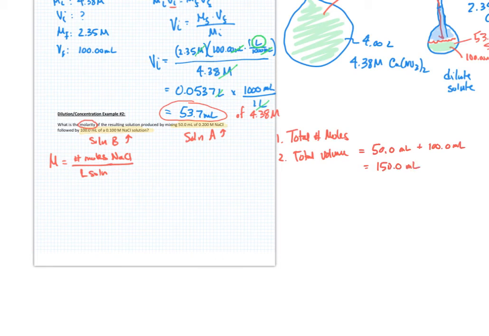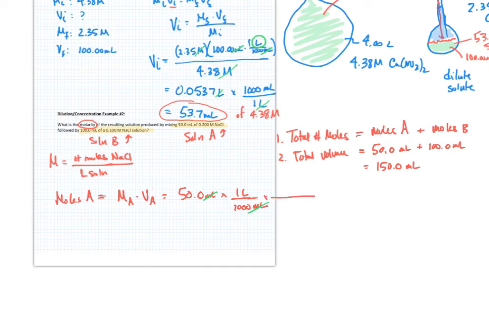Okay, that's easy. Total number of moles is going to equal the moles coming from solution A plus the moles coming from solution B. So how do we find moles of solution A? Well, this is just like a few other problems we've done before. Moles of solution A is equal to molarity times volume. So I'm going to say molarity of solution A times the volume of solution A, which is equal to 50 milliliters times 1 liter for every 1,000 milliliters. Remember, we always need to convert milliliters, and we'll cross these units off to make sure we're doing that,